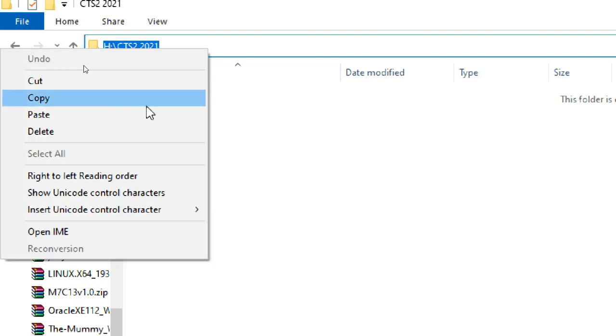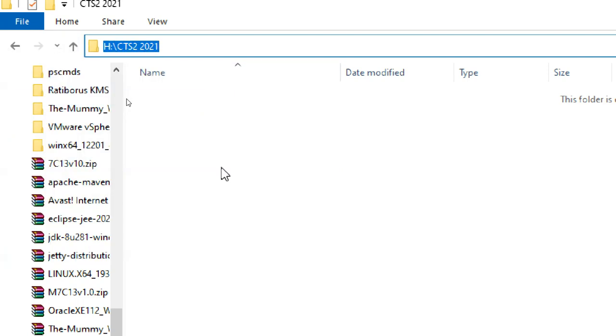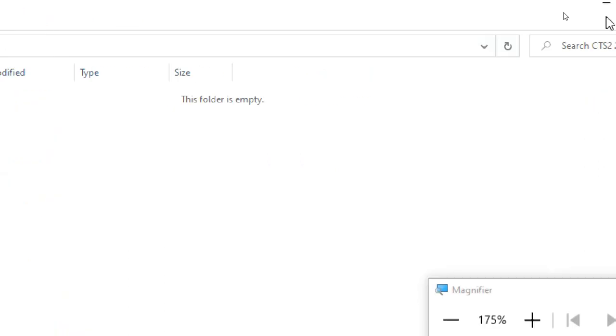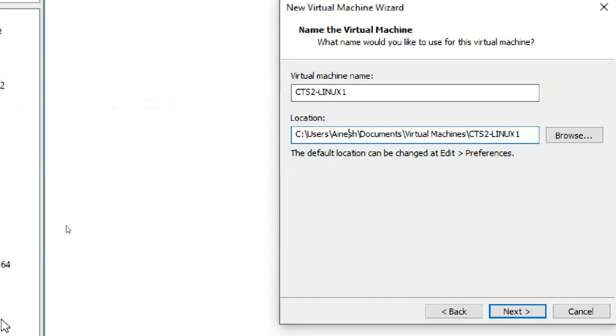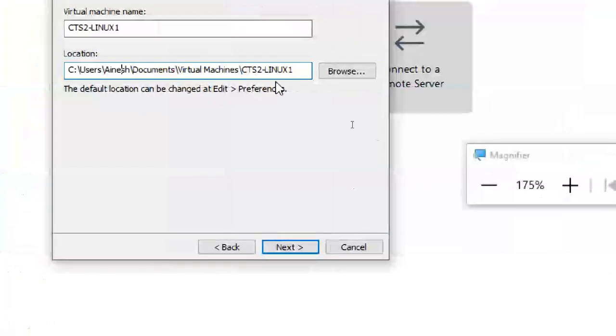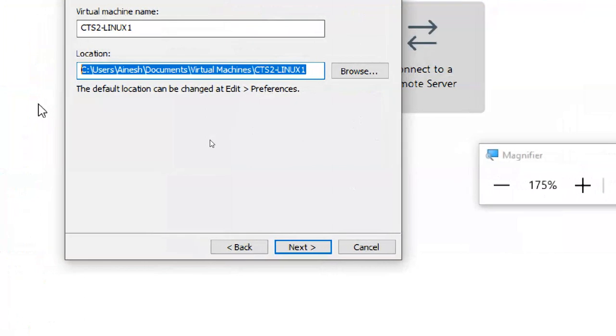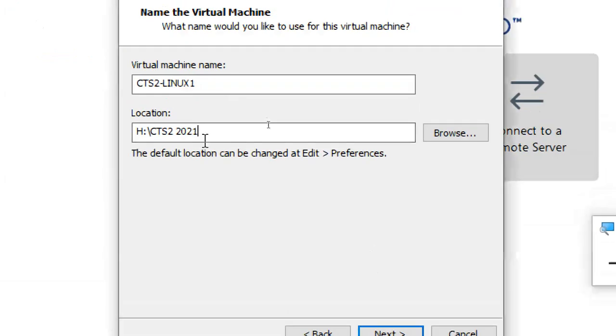For me, you are a batch. Previously, one batch was there, your batch, the next batch. It's not my personal virtual machine, right? For you, it is your personal virtual machines, so you can put any name. So I copied that link and I'm pasting it here. Pasted here. I copied this H drive, this one slash.